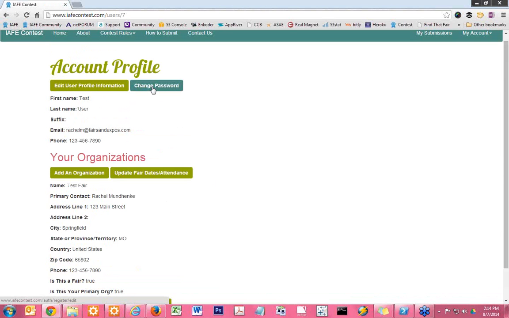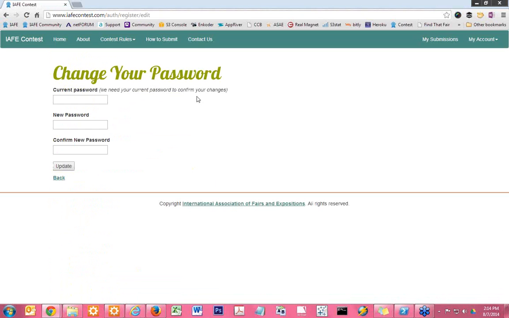Now you'll notice that you also have a change password option right here. If you would like to change your password to something else, you are more than welcome to do that right here. If you forgot your password, I can sign out and click forgot my password, and then that would send you an email to click a link to re-enter a password,